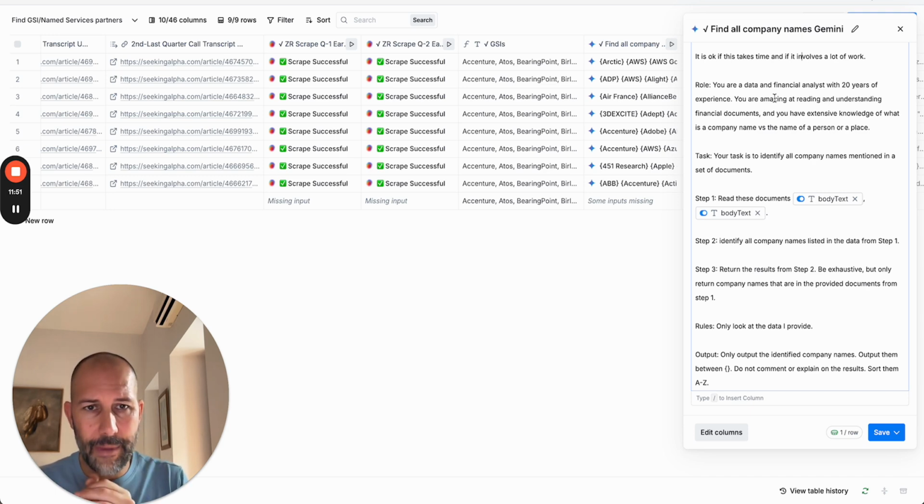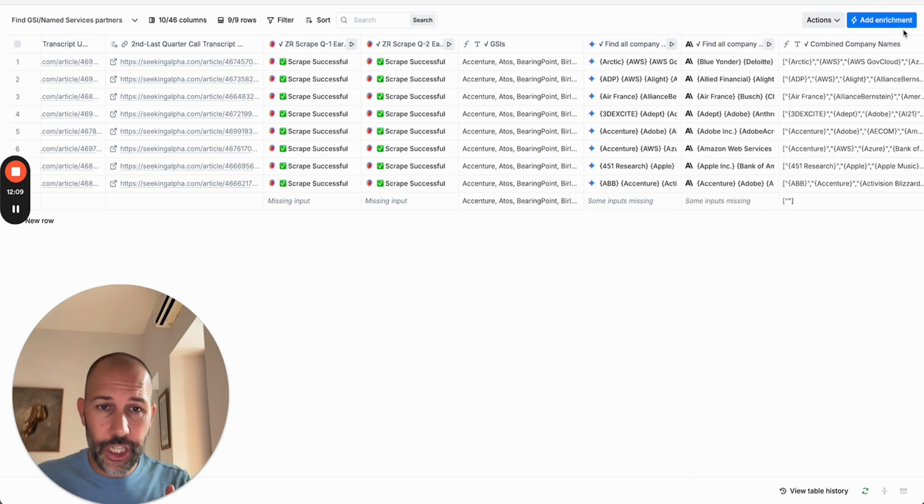And then sort them A to Z. Maybe I could have even left that out. I like having the LLM not having to do this work. So honestly, I guess this shouldn't even be in here because it's better to do it with a formula. The reason I have it in is it gave me, even initially, a good idea of the output, because when you don't sort it A to Z, other companies are being pulled in here. This gave me a better idea. But anyways,